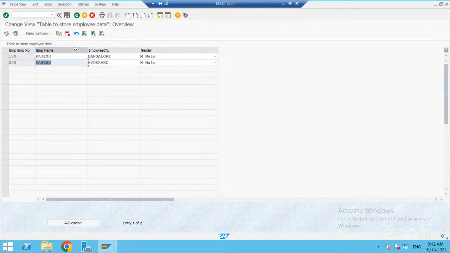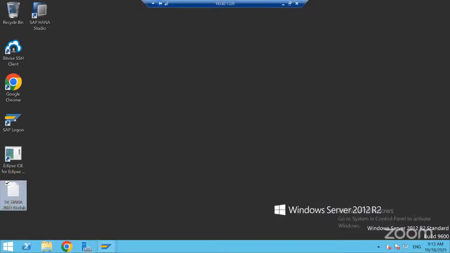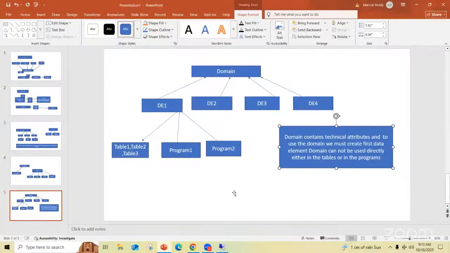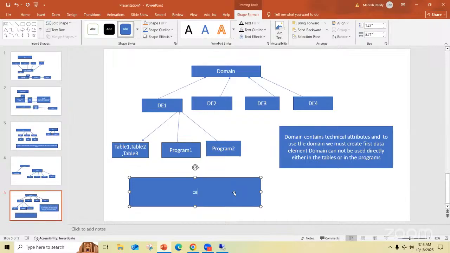Can we use the domain in the ABAP program or not? Ask ChatGPT. So can we use the domain inside the table and inside the ABAP program or not? Check that. Ask ChatGPT, whether it gives the correct answer or not. Like, what the question is, can we use the domain